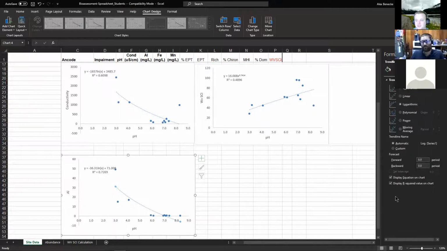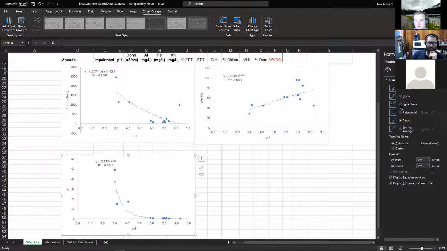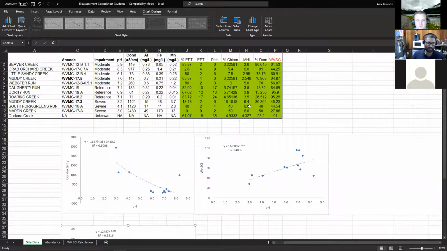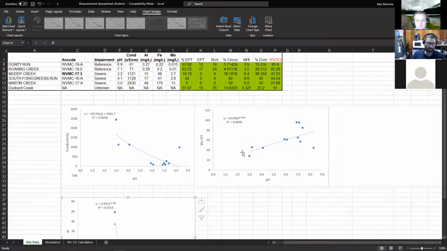And then I can select my trend line here. It automatically comes up. Now I can pick the best one. So I'm on logarithmic, and the R squared is 0.72. I looked at power, it's 0.92. I imagine I'm not going to get better than that, so I'm just going to choose power. So you can do that. And so it's the same thing